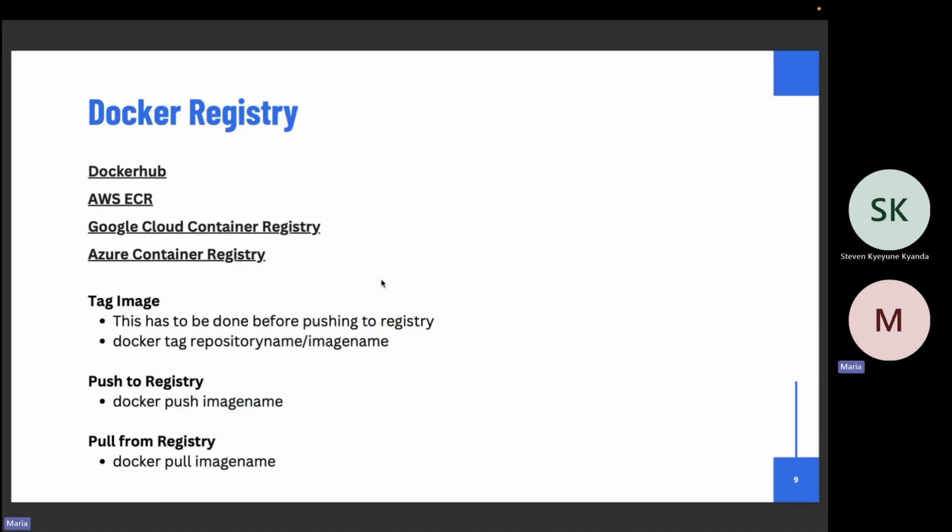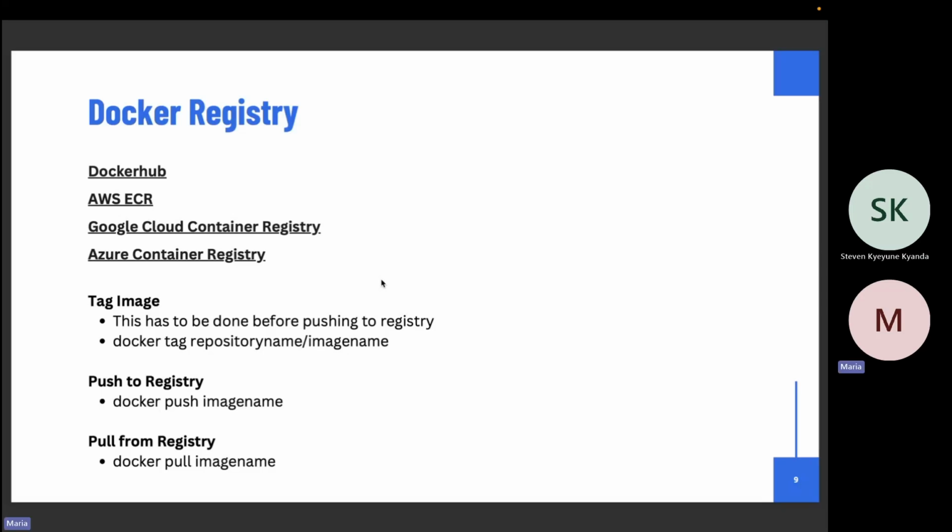So public, it's available to everyone in the world, which is not safe. Private, it's available to you, as long as you authenticate, you will be able to fetch it. Then AWS has ECR. They all do the same thing, but also ECR supports public and private repositories. Then GCR, and then the Azure Container Registry, but they also behave the same.